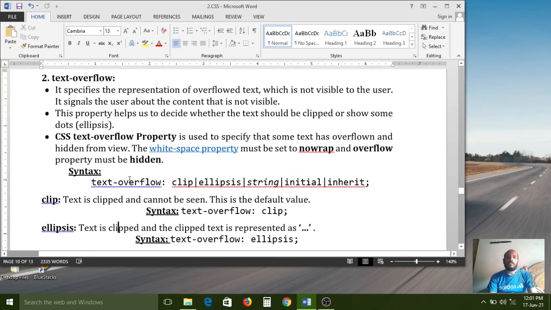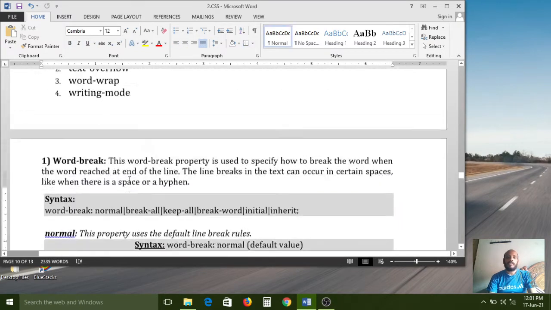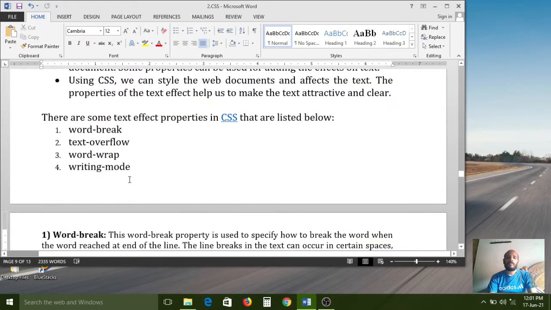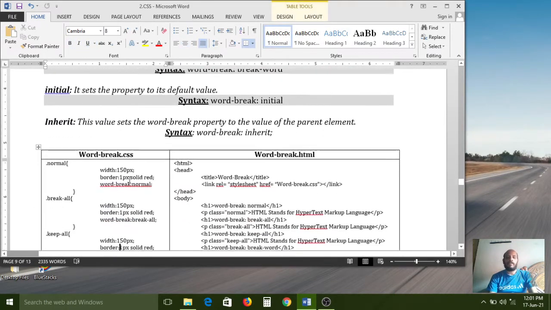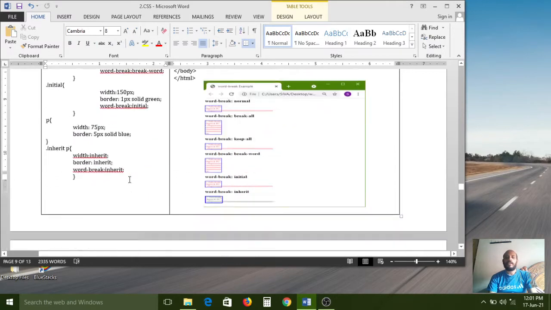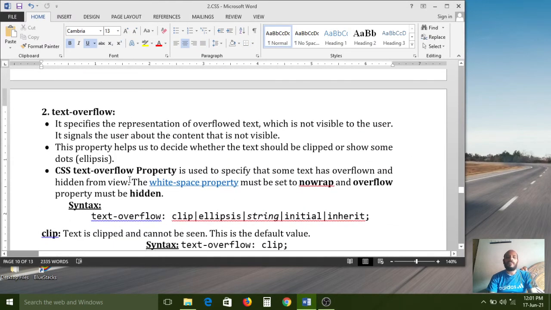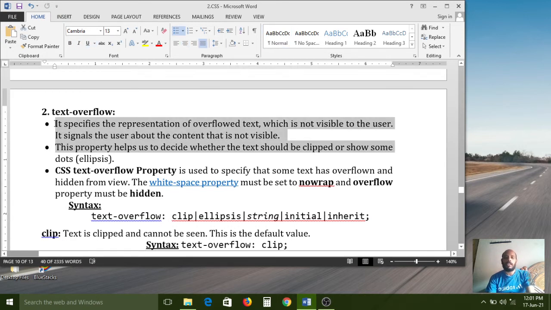Next, the second option is text overflow. Here is the definition for the text overflow concept. It specifies the representation of overflowed text which is not visible to the user.